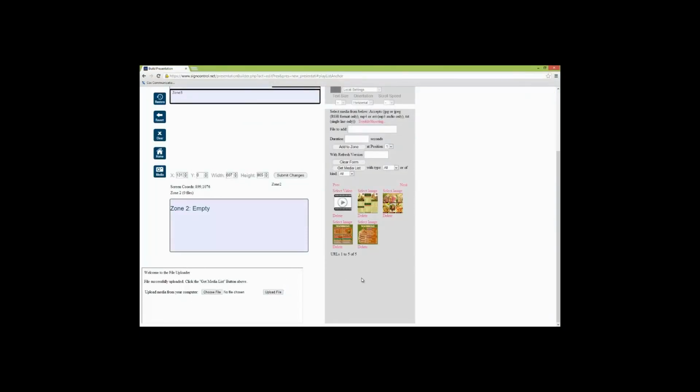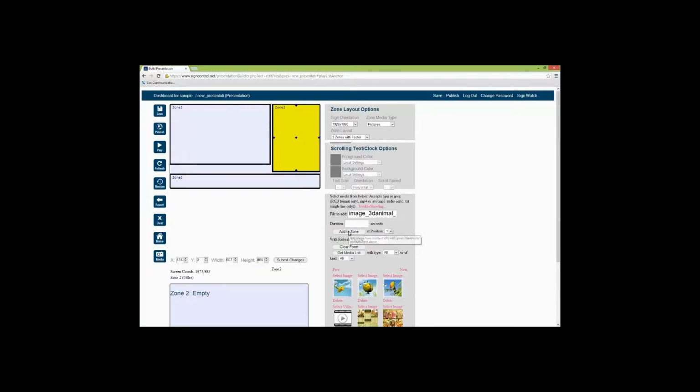Three down. Now you can see that uploading a JPEG file, even as sophisticated as these files are, how quick they are to upload. And here they are. So I'm going to select it. I've got zone 2 highlighted. I'm going to add to zone, select, add to zone, select, and I'm going to do something a little bit